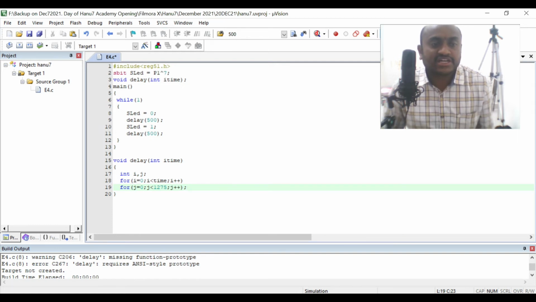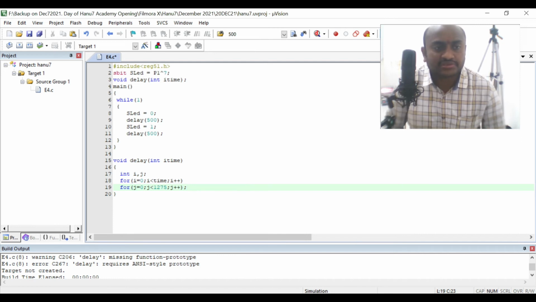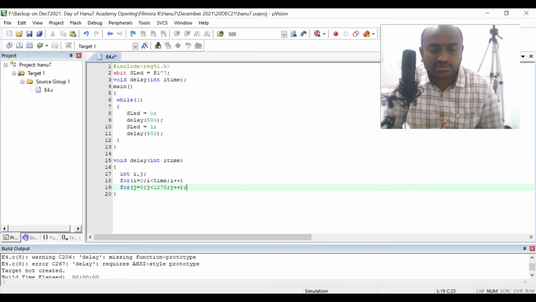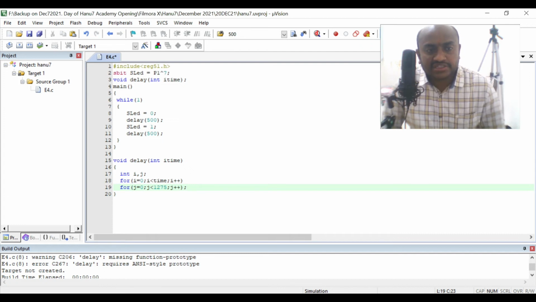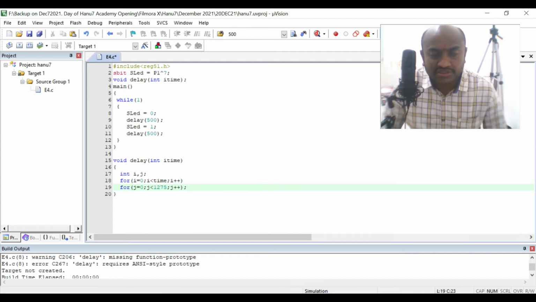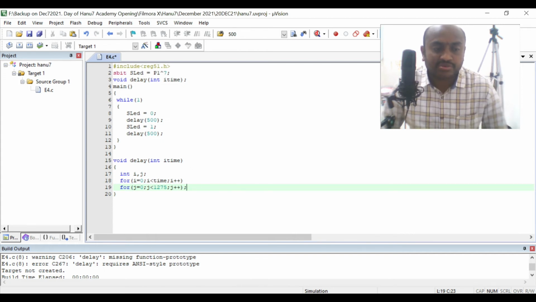So in this program, the advantage of writing a program like this is that the for loops used are only 2. And then we are not programming the unnecessary LEDs which you don't like. If you want to write a program for only one LED, that LED only you have defined here, and then you are writing a program. And in the delay programming, instead of using 4 for loops, we are using only 2 for loops. So you will be worried, sir, what is the drawback of using more for loops? All those things you will come to know in the coming classes.